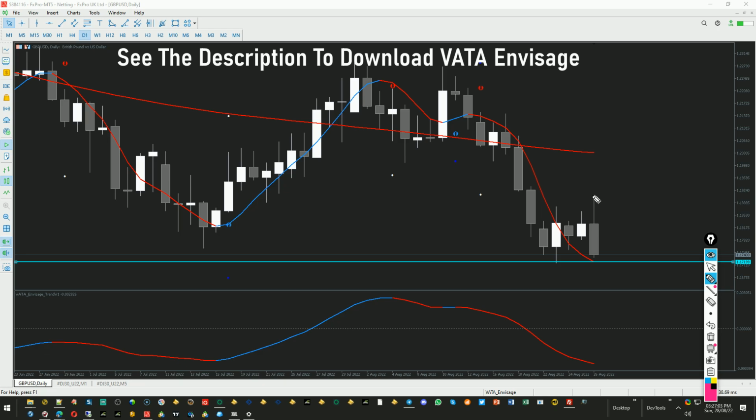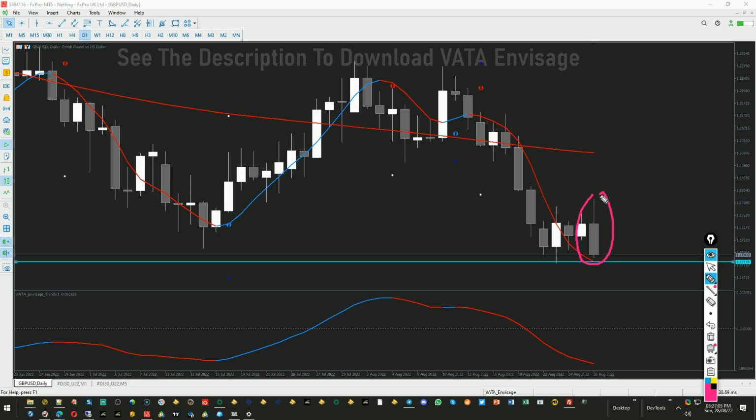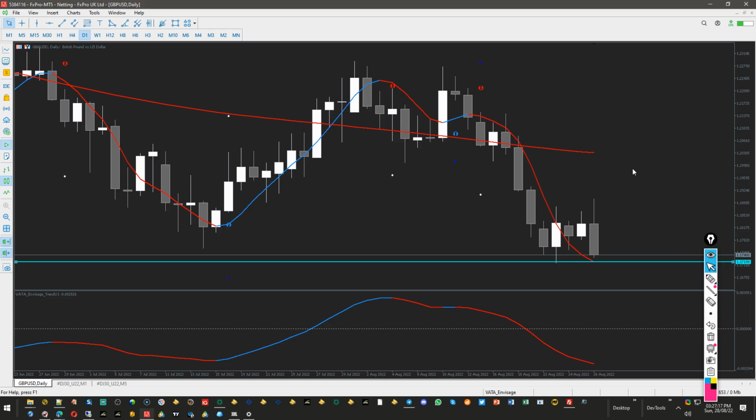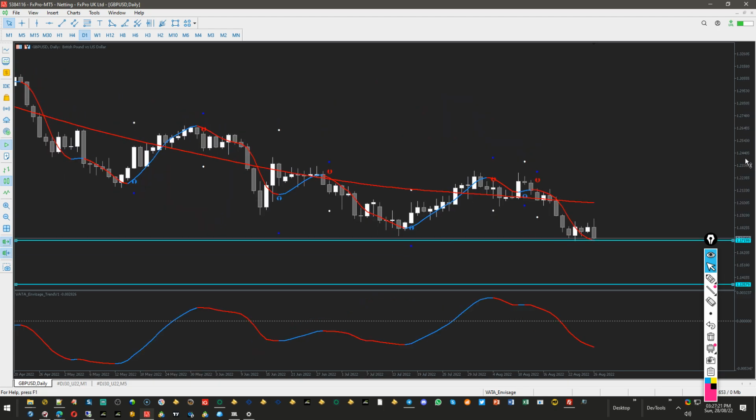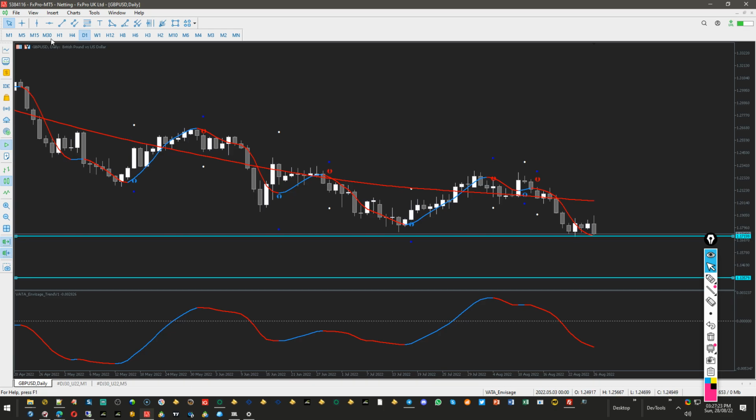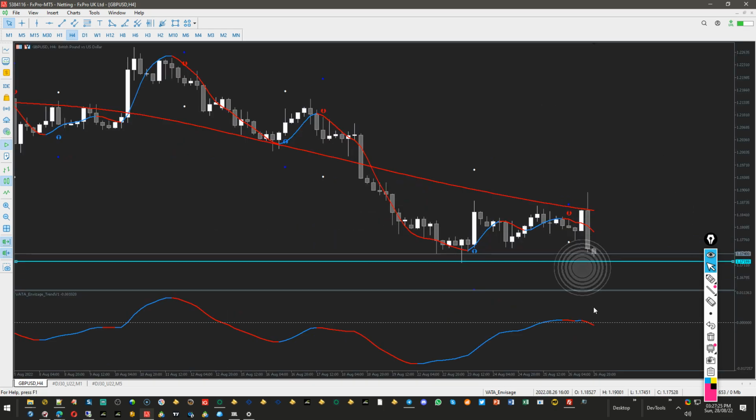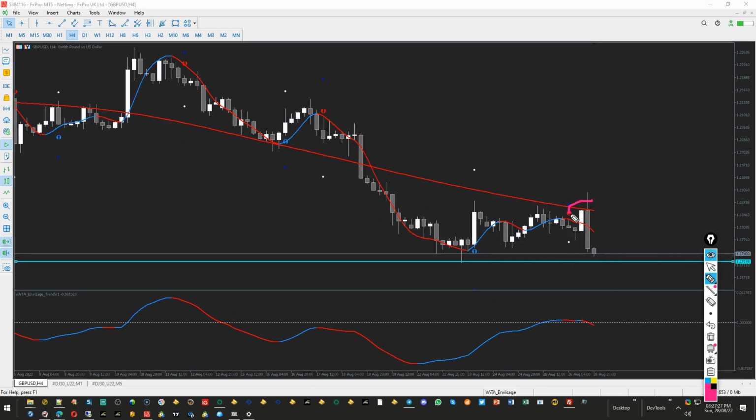However, if you just look at this particular candle, this is an engulfing candle which is showing that market momentum could be going downwards. This is still red, which means this is still bearish. So again, with DXY going up, all these currency pairs which have an inverted dependency on DXY can actually still fall down. If I go to the 4 hour time frame, the market came here into this water